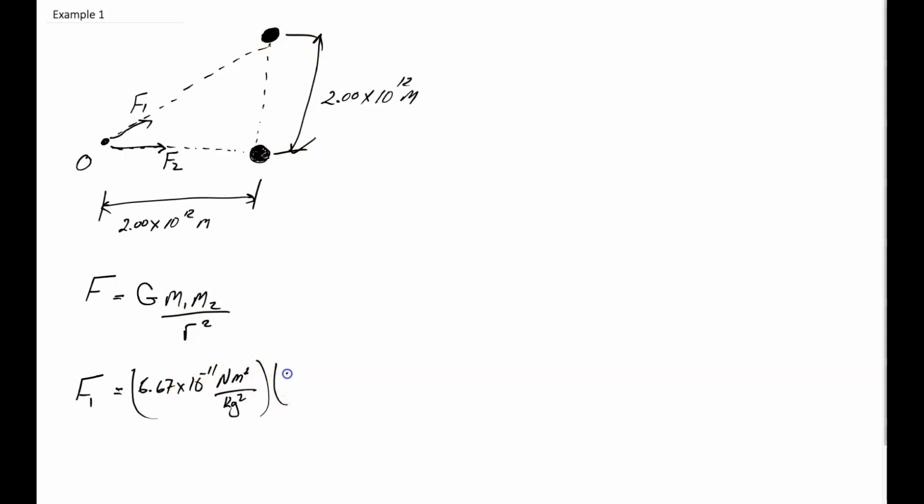So we have at O it's 1 times 10 to the 30th kilogram, and at the filled in top star it's 8 times 10 to the 30th kilogram. And the distance between